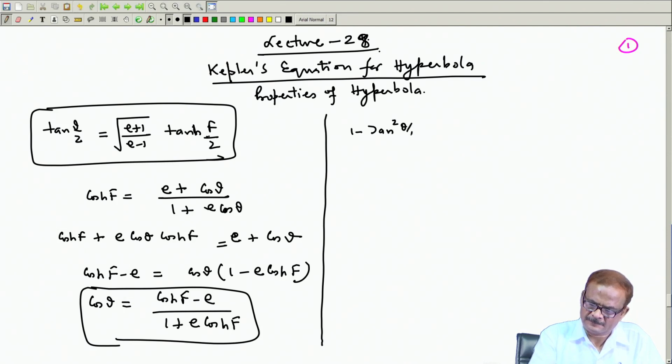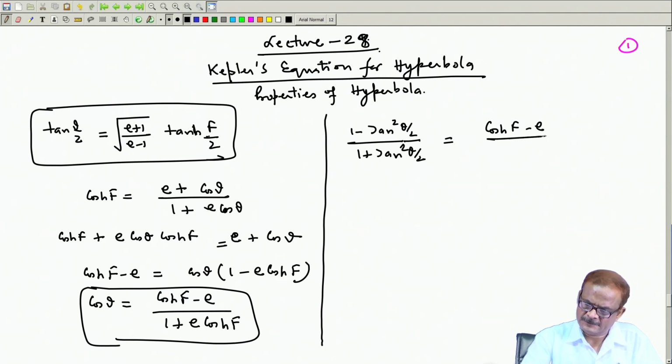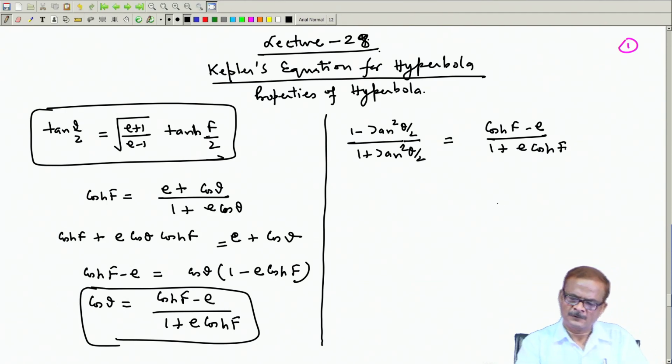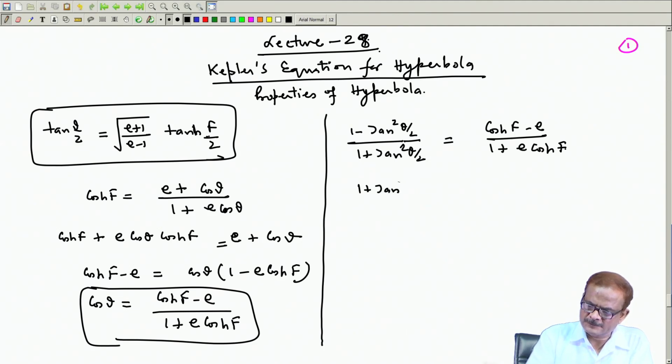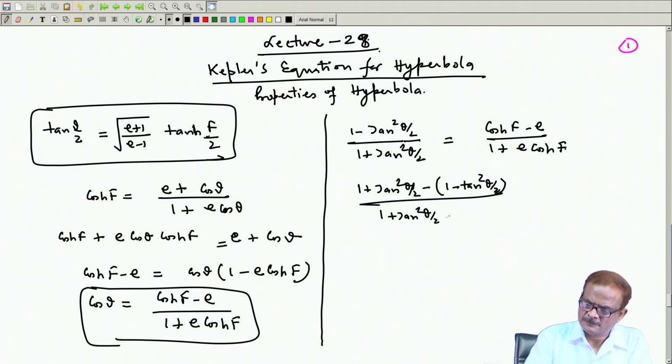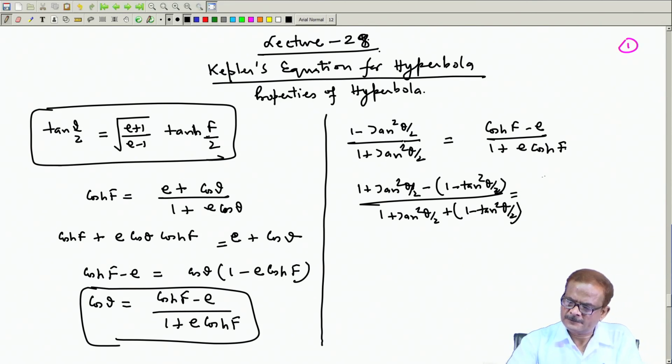Rewriting the left hand side, and the right hand side the same way, cos hyperbolic f minus e divided by, use componendo dividendo. So, we have here 1 plus tan square theta by 2 minus tan square theta by 2, this will be equal to